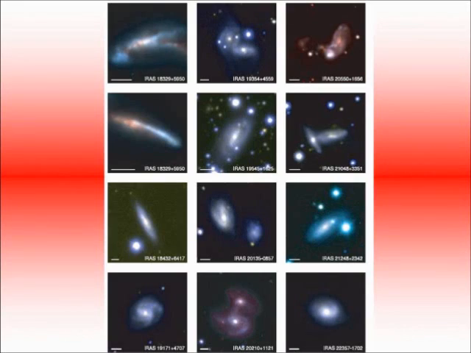Now, provided the systems involved aren't overly gas-poor, these major mergers can be associated with starbursts, which are periods of star formation of 10, 100, or even 1,000 times that of our own Milky Way, as well as AGN activity. Luminous infrared galaxies, or LIRGs, with IR luminosities above 10^11 that of our own Sun, are often found to be mergers with distinctive morphologies. This high IR luminosity is due to heavy dust reprocessing. The dust in the systems absorbs much of the optical and UV photons and then re-emits them in the infrared portion of the electromagnetic spectrum as a black body.